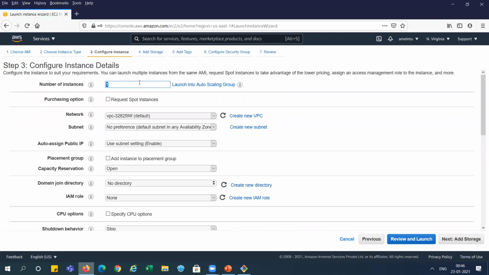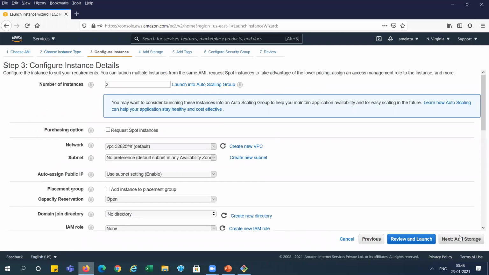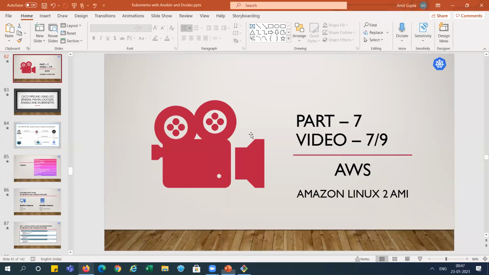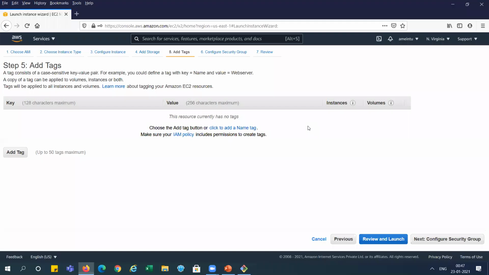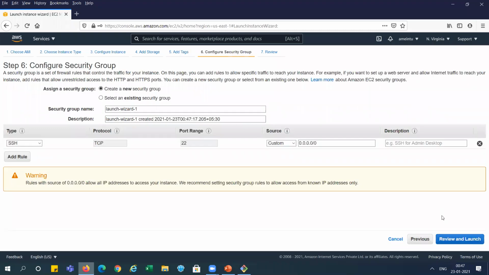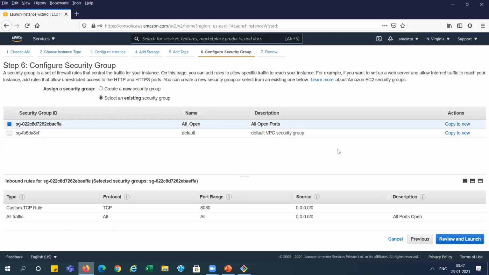I am just increasing the number of instances here directly. You can see here we need to create Jenkins and Ansible. I am selecting the security group which is open for all ports.